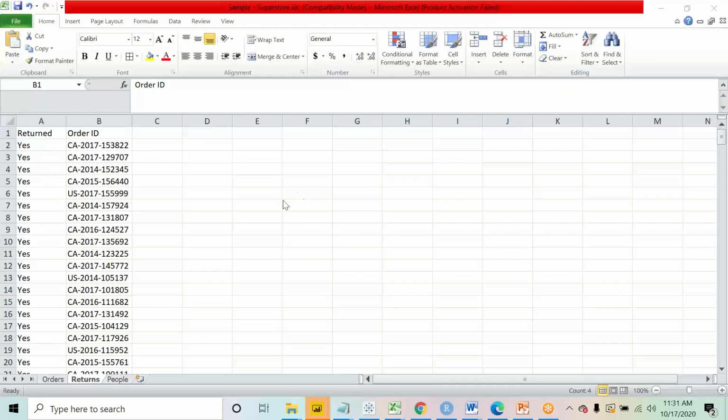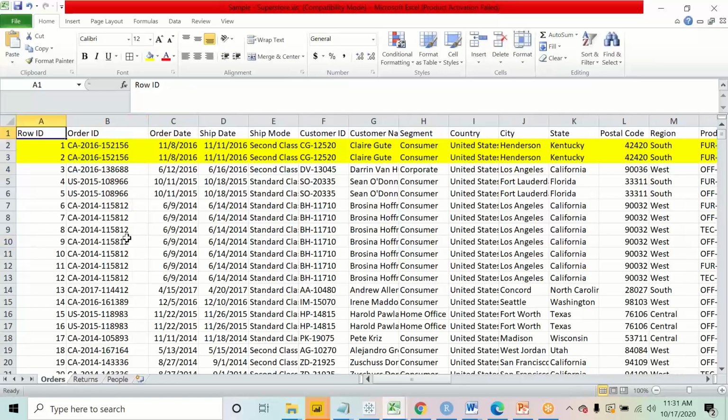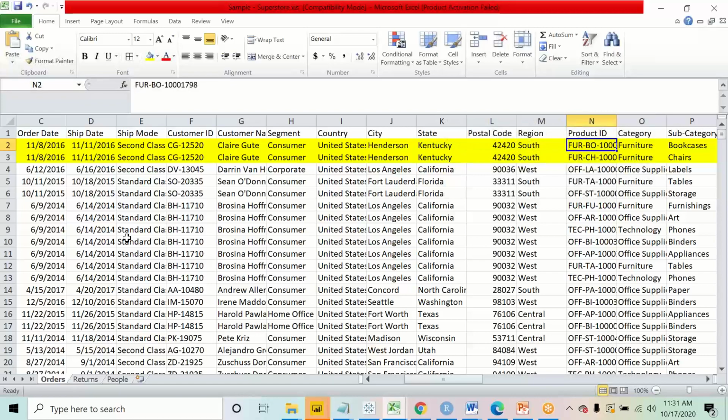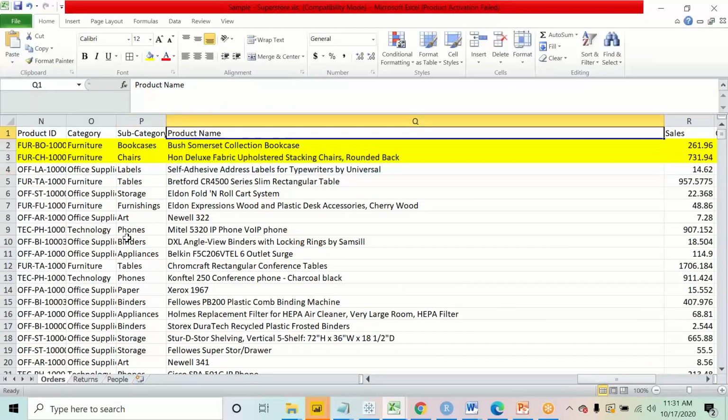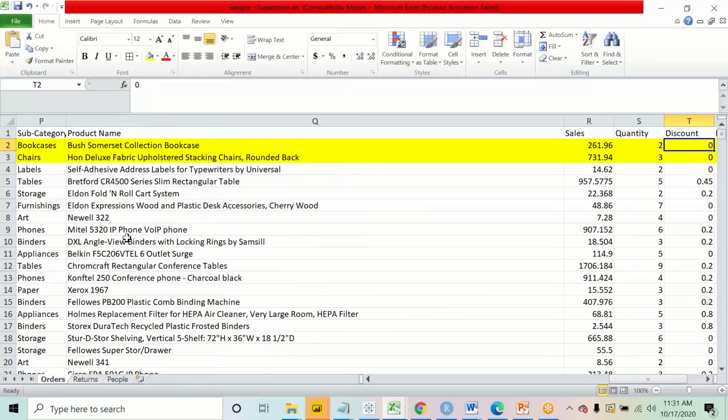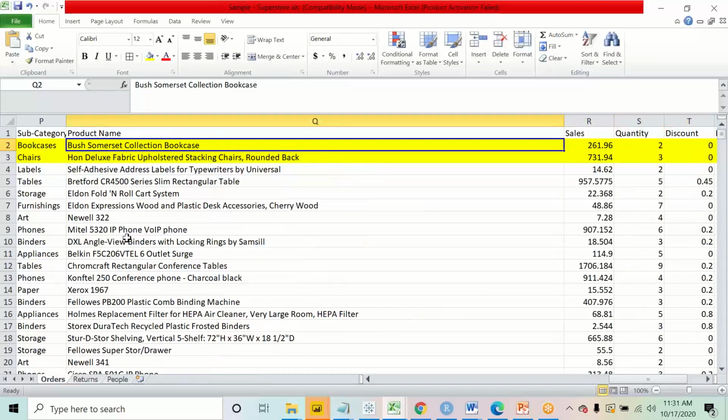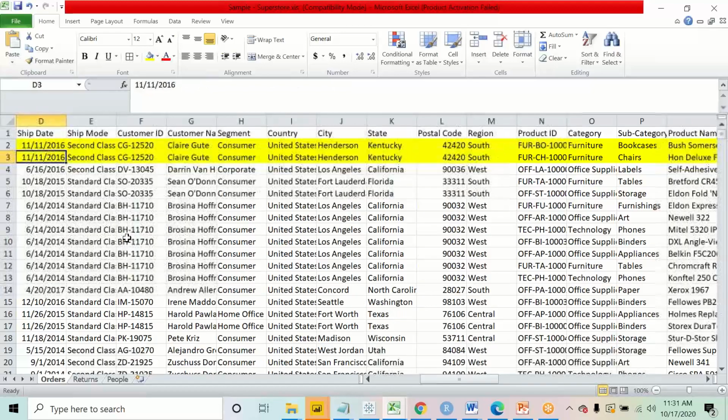Okay, great. So now I'll explain the data set again. In the orders, I had the information of what orders were placed. I have the order ID, the order date, the ship date, who the customer was who purchased that order, from which region the order was sold, and what products were purchased by the customer. So you have the product names as well, and the sales amount and the quantity. This is the information we have in table 1.